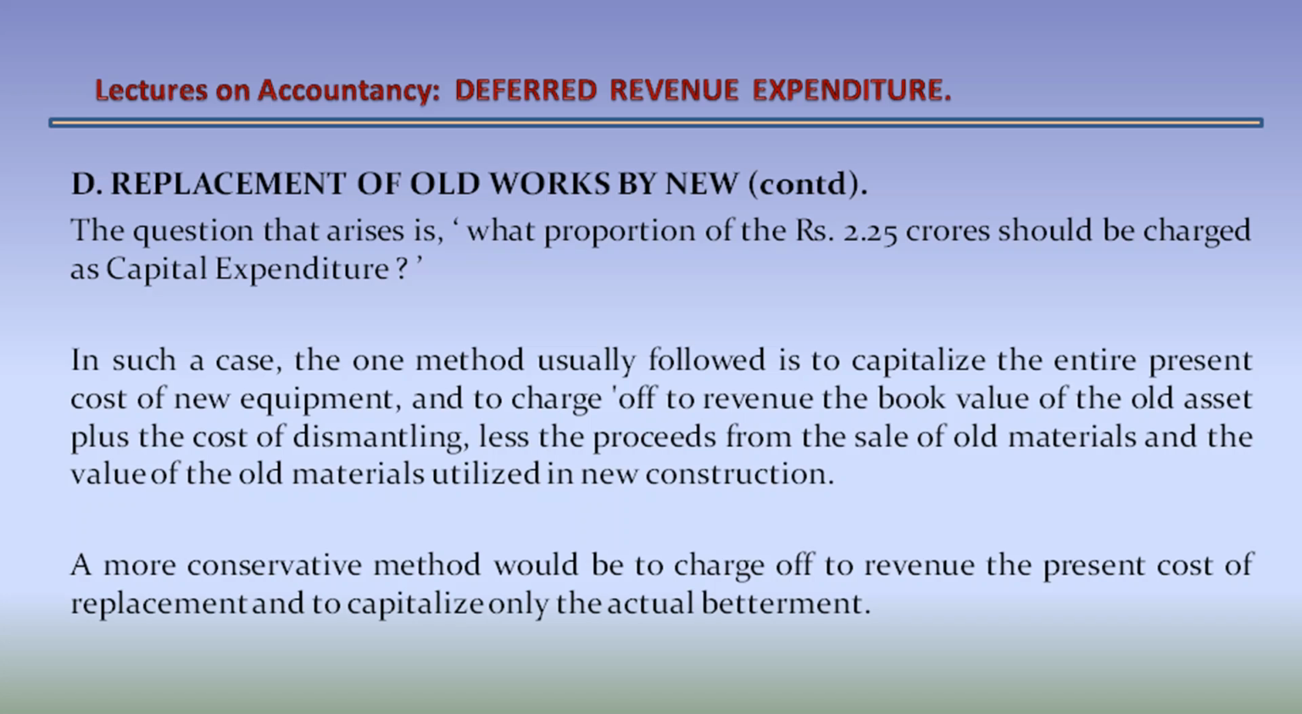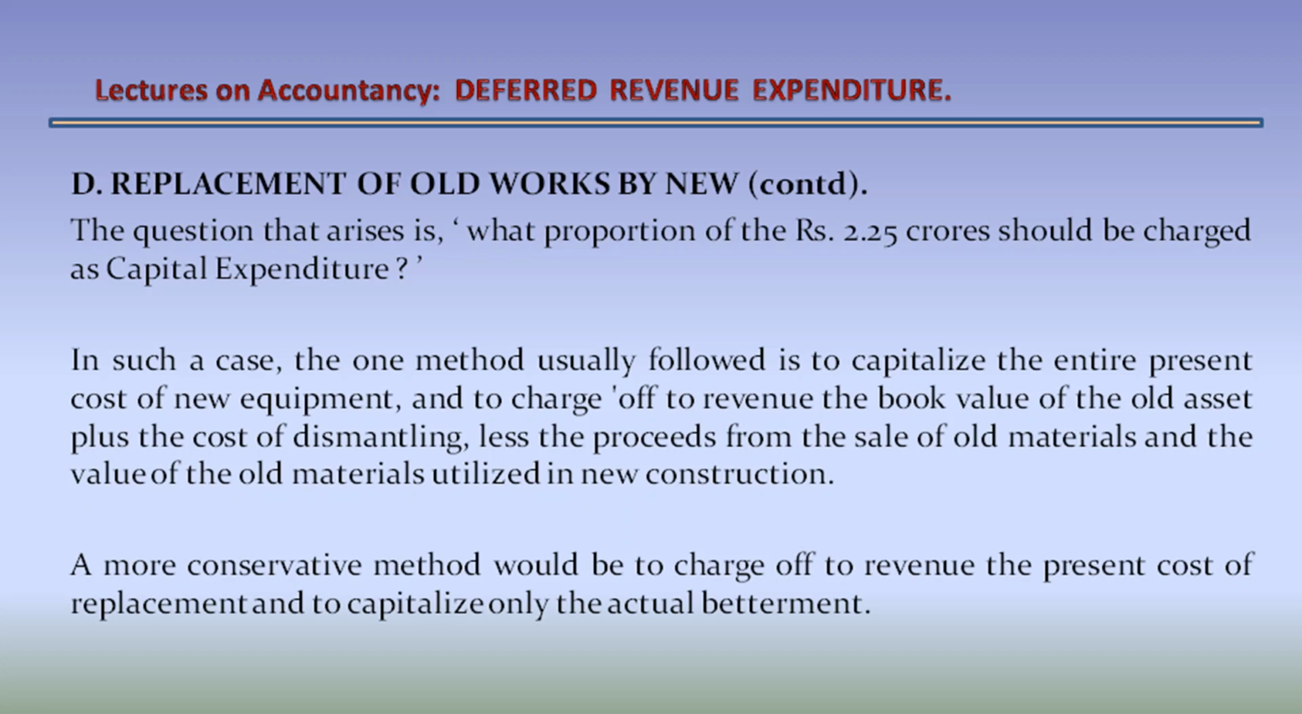In such a case, the one method usually followed is to capitalize the entire present cost of the new equipment and to charge off to revenue the book value of the old asset plus the cost of dismantling less the profit from the sale of old materials, if any, and the value of the old material utilized in the new construction. A more conservative method would be to charge off to revenue the present cost of replacement and to capitalize